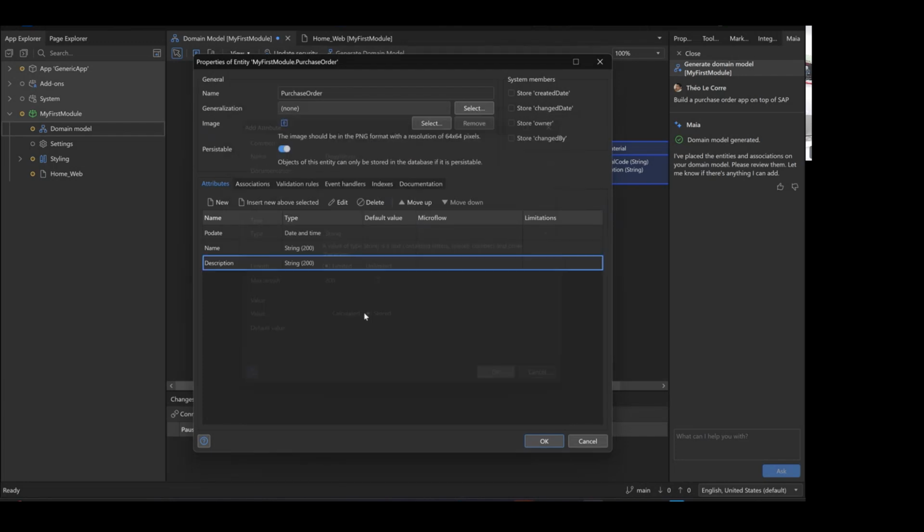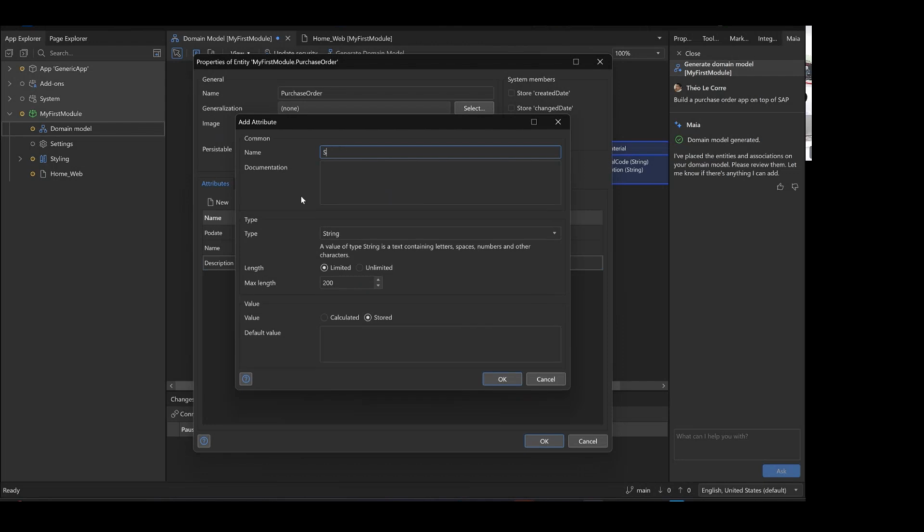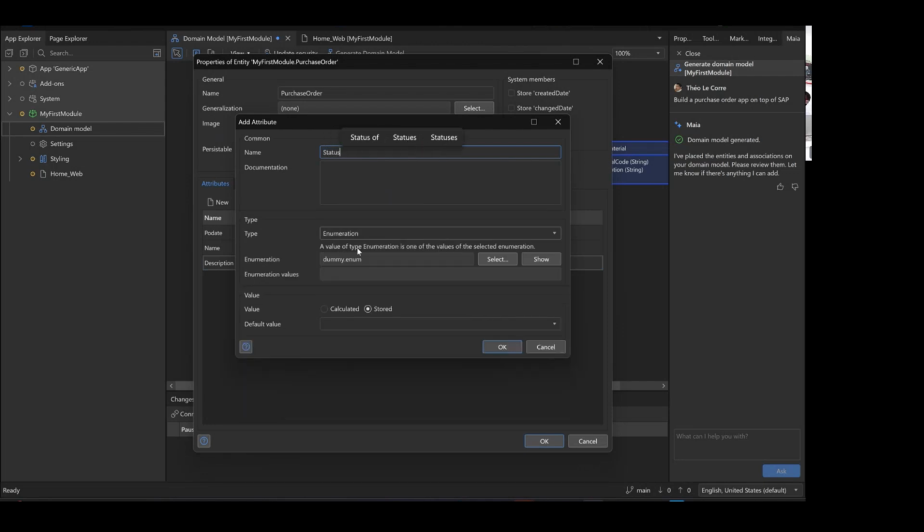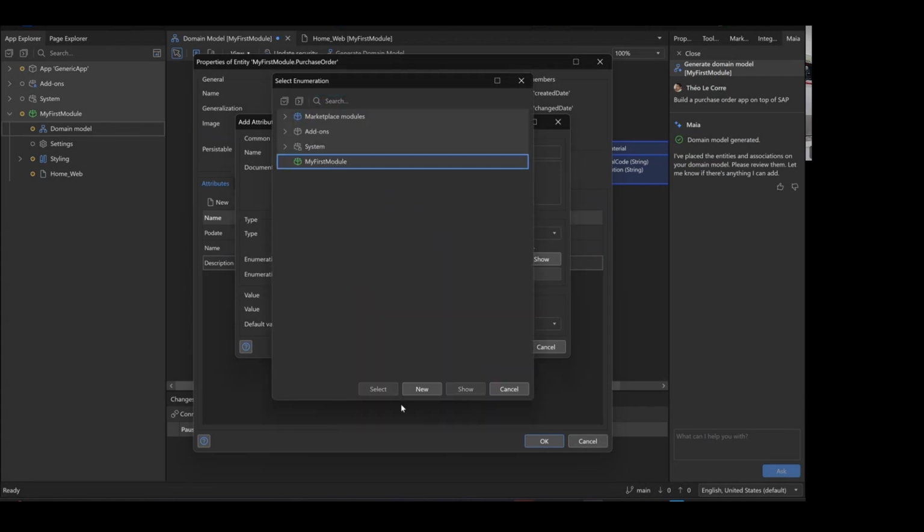And let's say I want to add a status of this purchase order. So status is going to be, and you can see that Mendix is able to guess what's going to be the data type, right? So Mendix AI is also able to help me there. So the status, PO status,